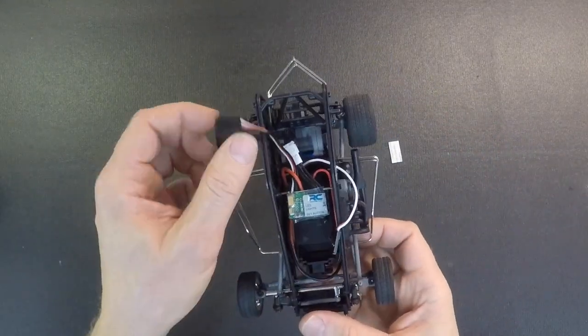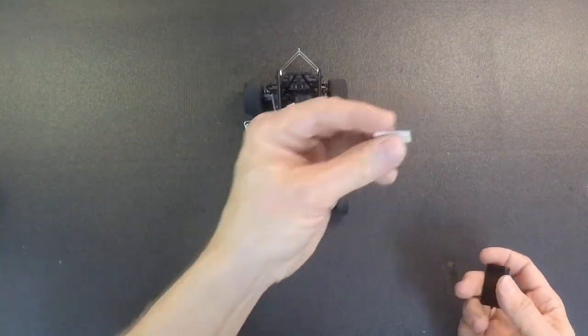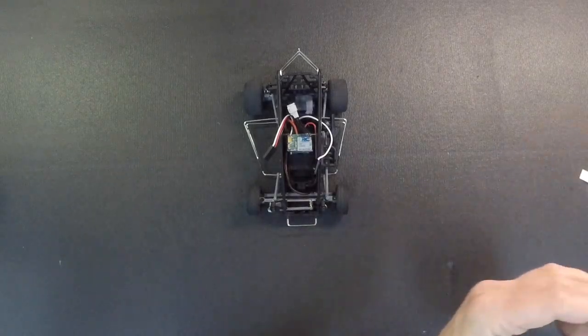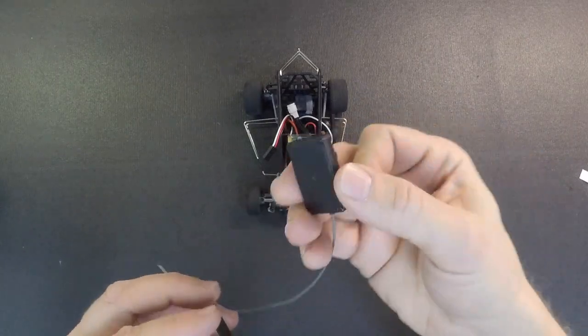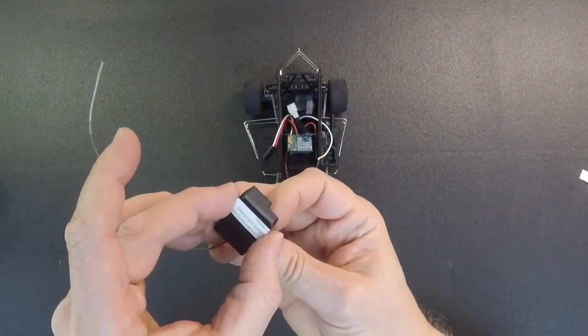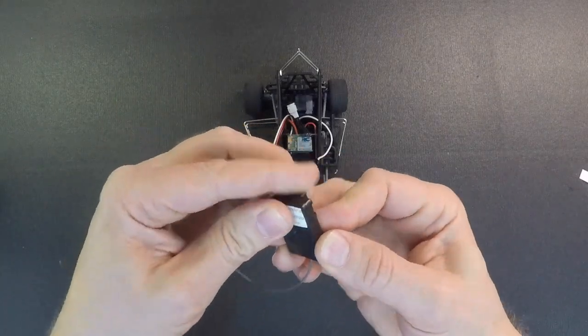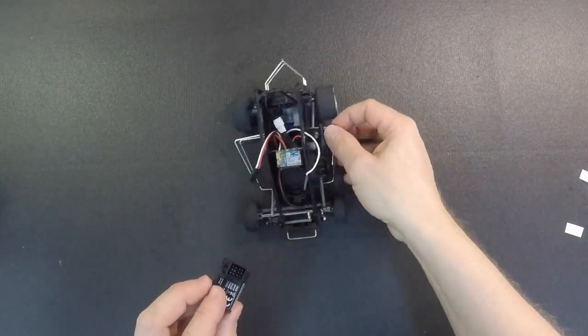Next thing you're going to want to do is put the receiver in. And you're going to take the other piece of servo tape, peel off one of the backing pieces. And you're going to want to put the servo tape underneath the plug area on the bottom side. So you're going to line it up side to side, line it up at the back edge, push that down, make sure it's nice and stuck, pull off the other side,